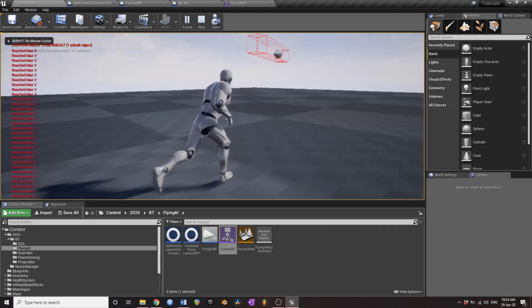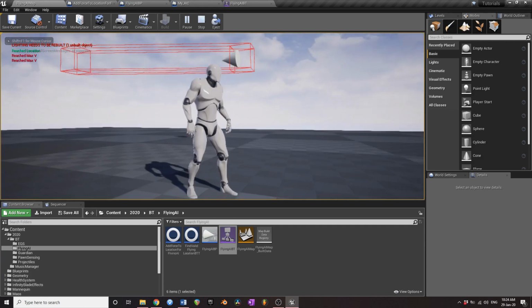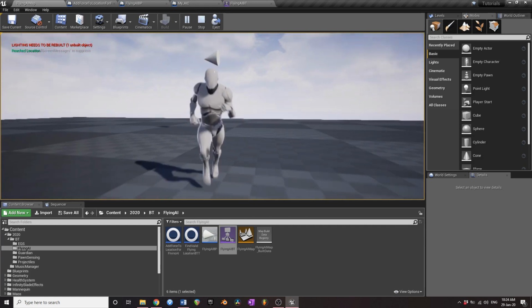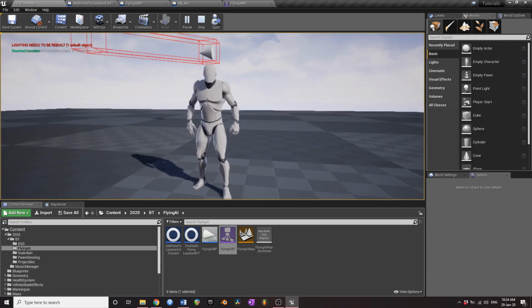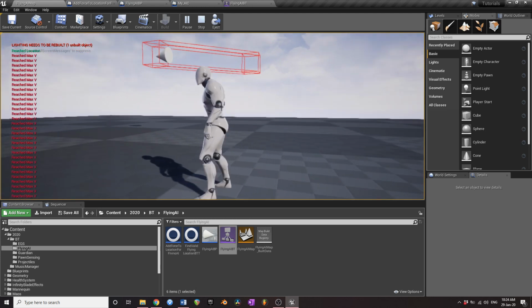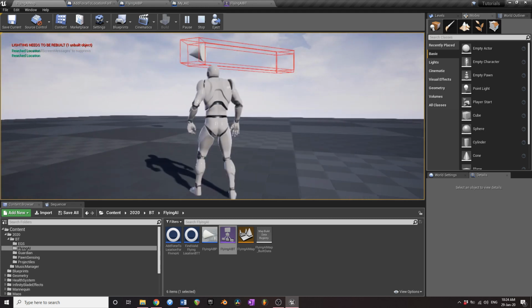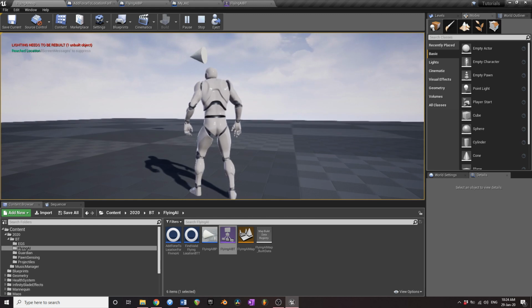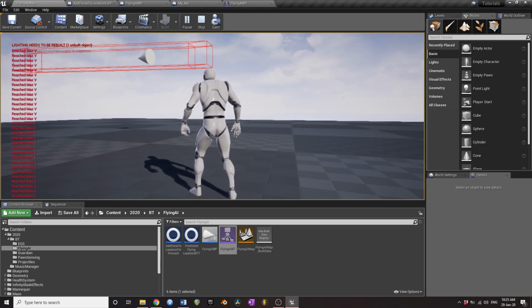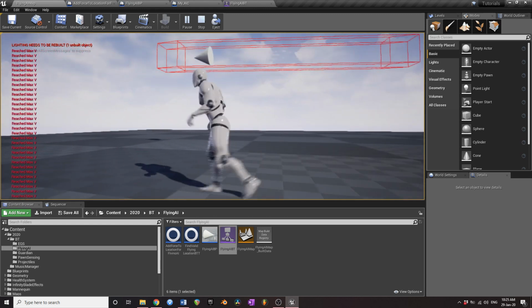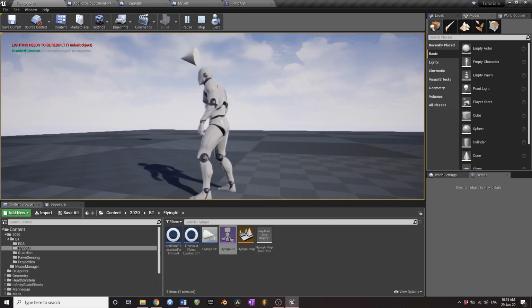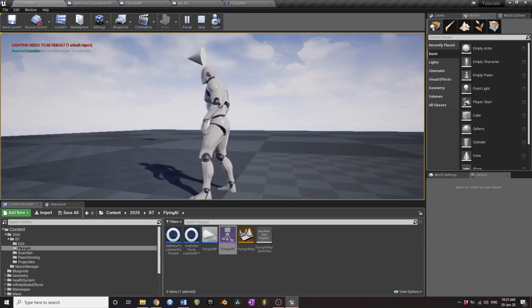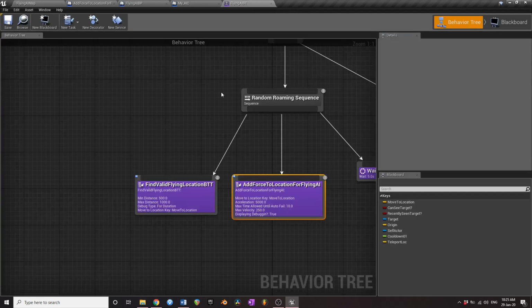Okay, so he's reached his max velocity, he's moving at 250, he's reached his location, now he's waiting for 5 seconds. I should shorten that. Okay, so now he's moving at 250 again. There we go, that's working really well actually. And obviously this is a very boring flying AI movement. But what you could do is you could have an AI with a really high